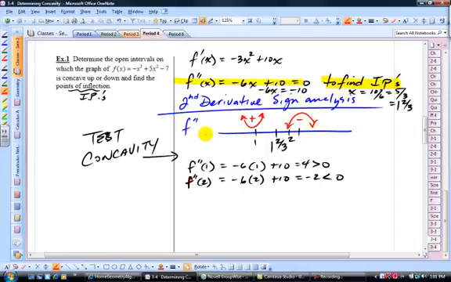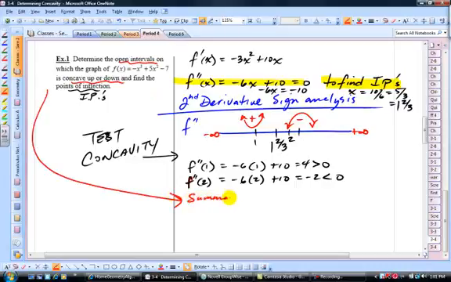Okay? So remember, this is negative infinity over here. This is positive infinity here. All right, and so if I want to summarize on what open intervals it is concave up or down, let's do that right here as a summary. All right, I can say the following here. I can say concave up on the open interval from negative infinity to 1. I can also say concave down